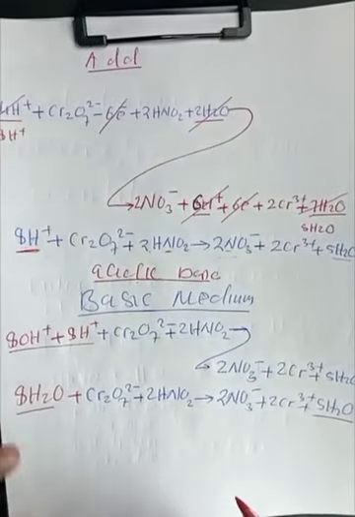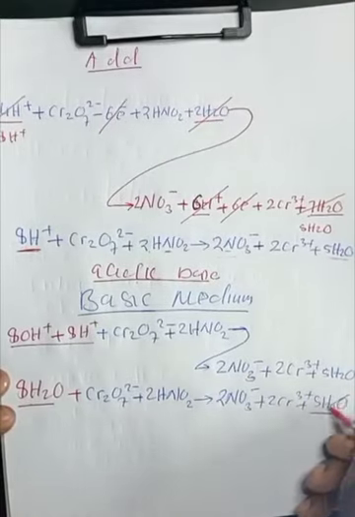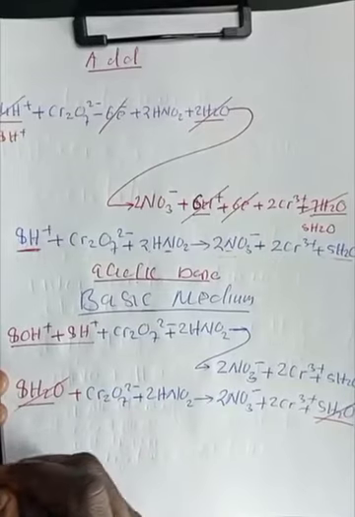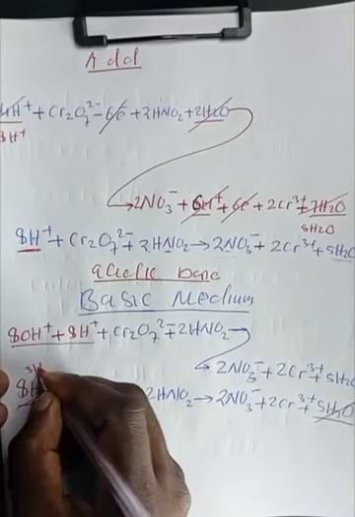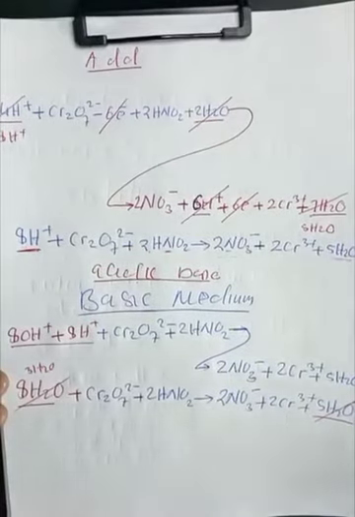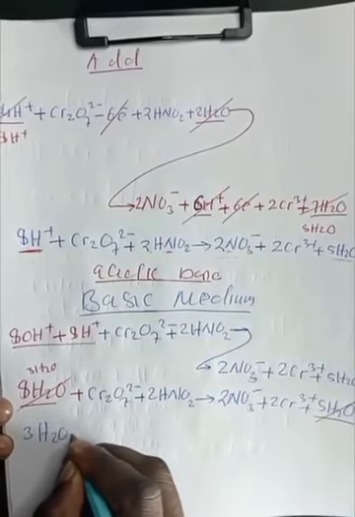And we know that we have something in common again. We have water here and water. So the 5 water molecules will go, the 8 will be reduced. What is 5 minus 8? 3. So here we have remained with 3H2O. So meaning our new equation will be 3H2O plus